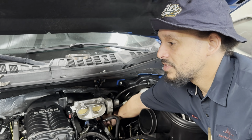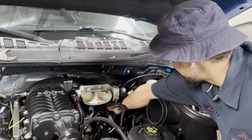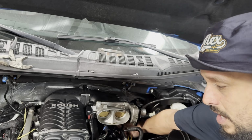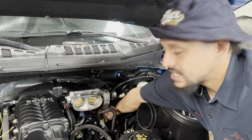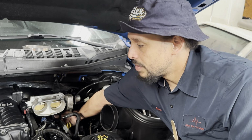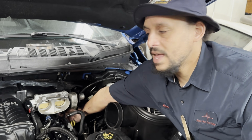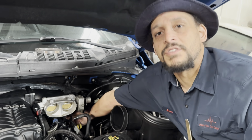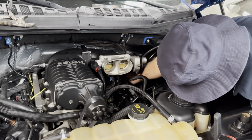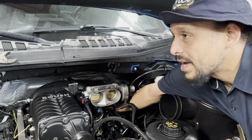Prime example, another situation where I misdiagnosed the car, and this wasn't misdiagnosed. It did need this stuff. The PCV valve was shot, so it had a two-part problem: PCV valve and a hole in the front cover. So I recommended them the correct stuff. But prime example, back to my story, I had a Durango,